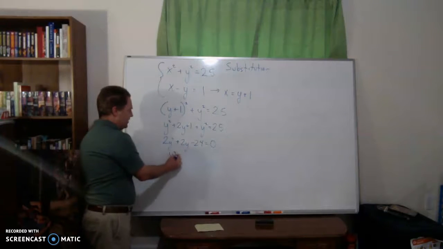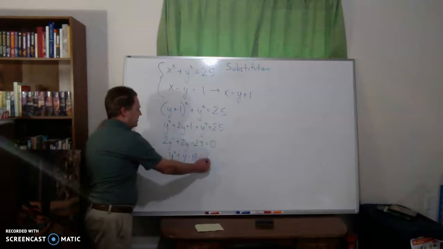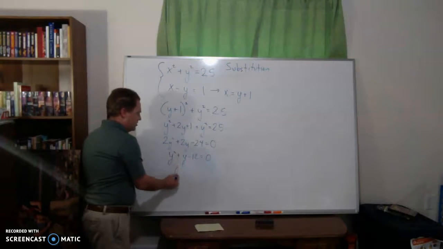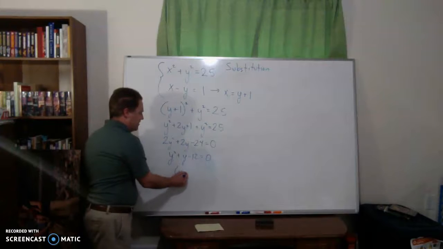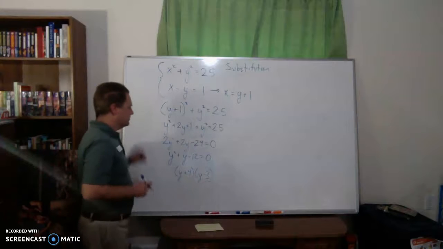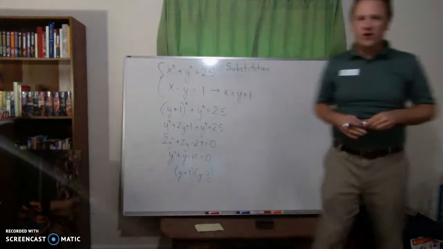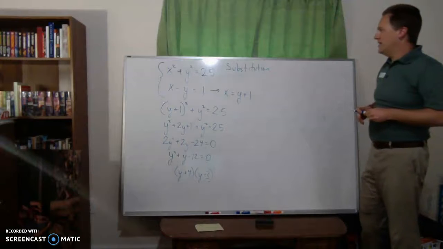We've got y squared plus y minus 12 equals 0, which should factor into y plus 4 times y minus 3,